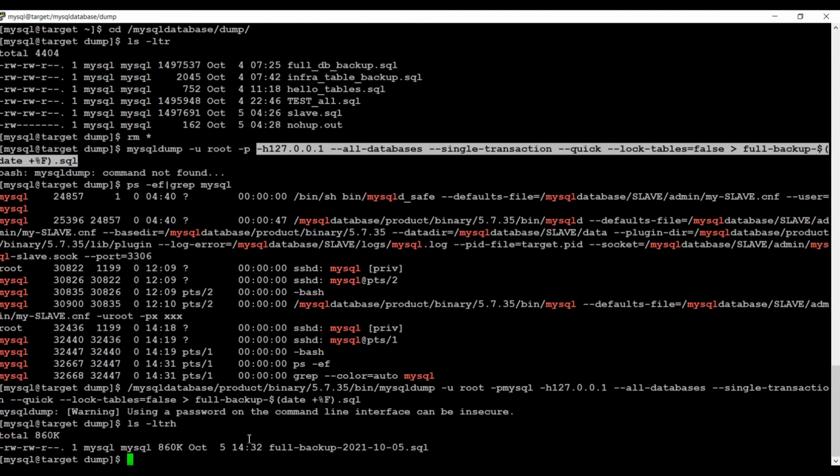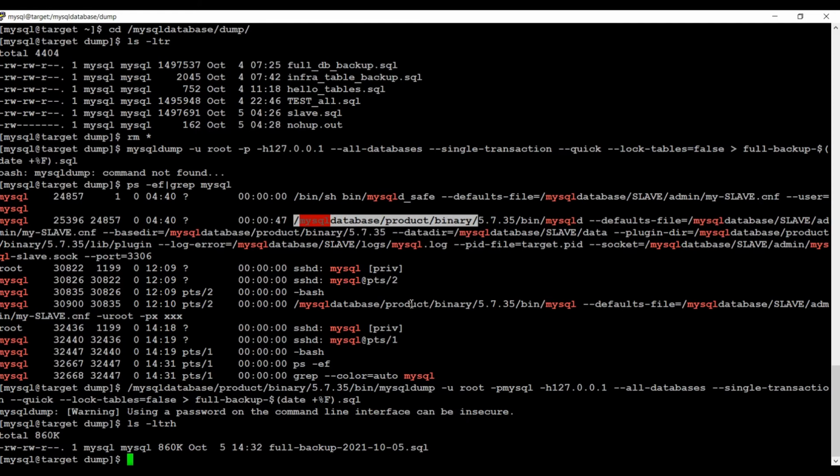Why did it take so little time? Because there was nothing in my database, in my instance. So it took less time. Since the backup is complete, now let me proceed with the further steps. We need to bring the binaries over here, right? To bring the binaries, I have kept this in my notepad right now, but if you see my MySQL installation part, it will show you how to get the binaries for any version